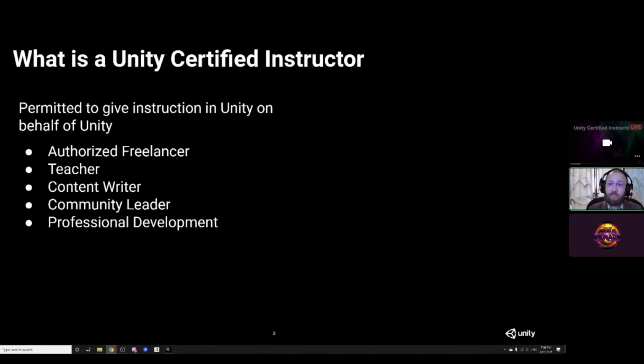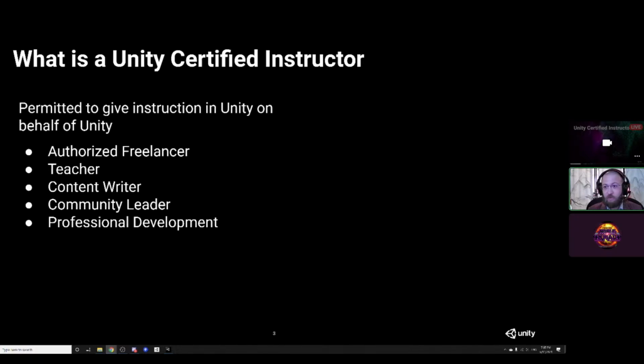You're authorized to be a teacher. You can be a teacher for a university, for a private company, for your own company. You can be a content writer. You are allowed to post stuff to Unity Learn. You can work for other universities, writing curriculum, making your own tutorials that are posted up in Unity blogs. You can exist as a community leader.